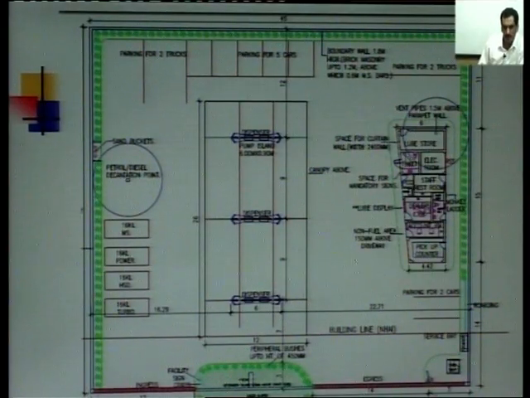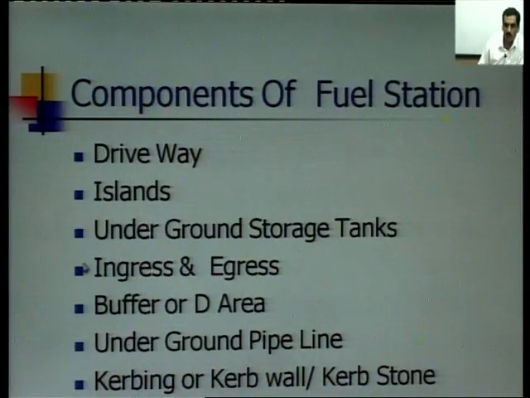It can be even 30 by 35 or maybe 40 by 45, that kind of a thing. So in that case, the ingress and egress is around 9 to 12 or 12 to 14. The egress is a little more than the ingress, because people tend to move a bit faster onto the egress side. So apart from the ingress and egress, what we call the in and out of a